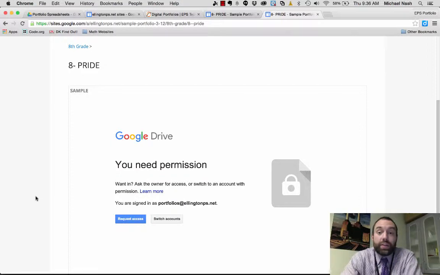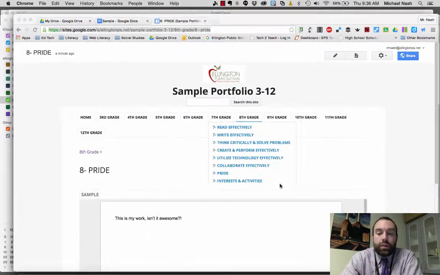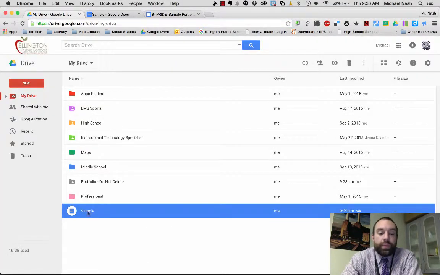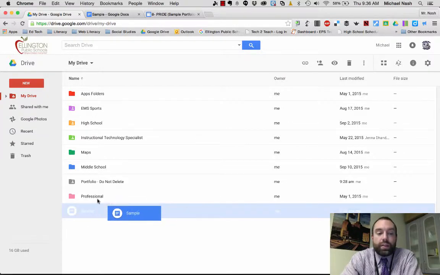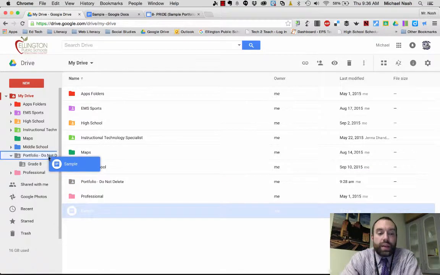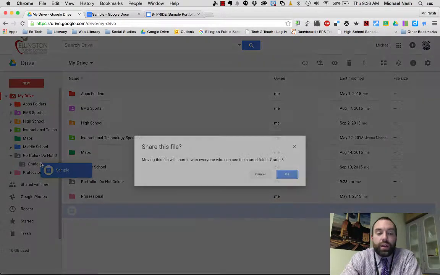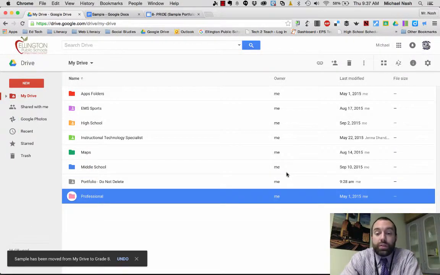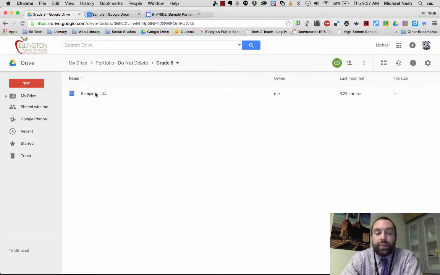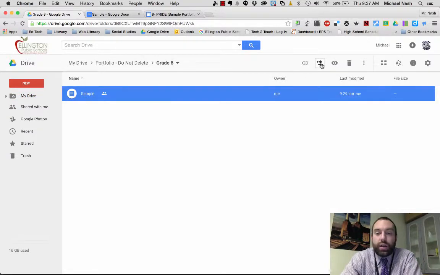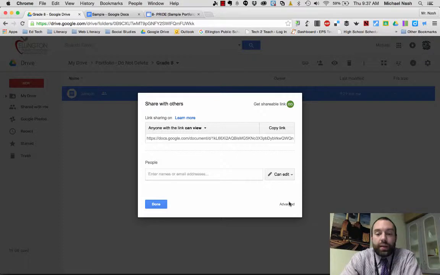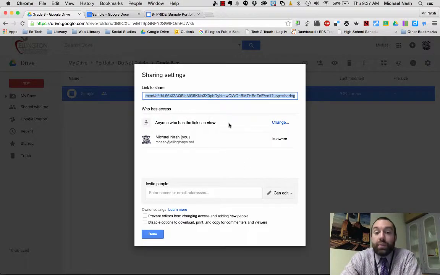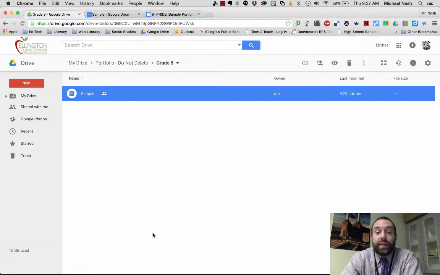Very easy fix. All I need to do is go to my Google Drive. I take this piece of work called sample. I'm going to move it into the Portfolio Do Not Delete folder, and I'm going to put it right in that grade 8 folder. Now as soon as I drop that file into that folder, it now gets the permissions of the parent folder. So now that file, when I go find it and I click on share, you'll see automatically that this file now has anyone with the link can view